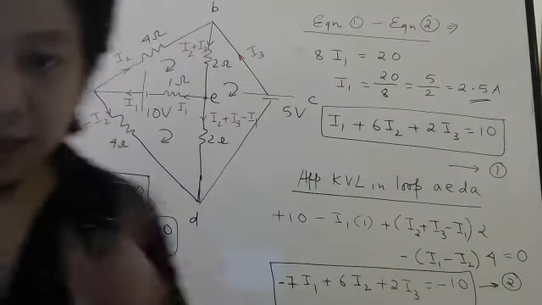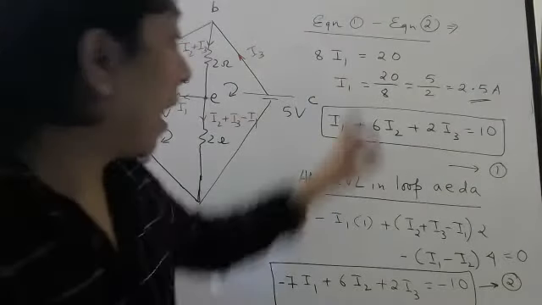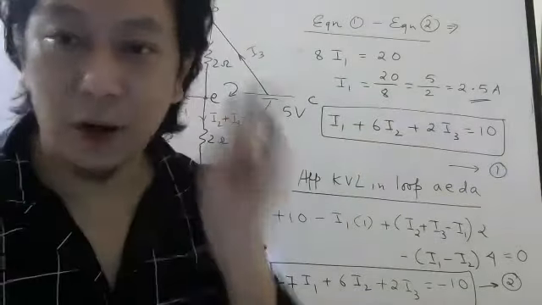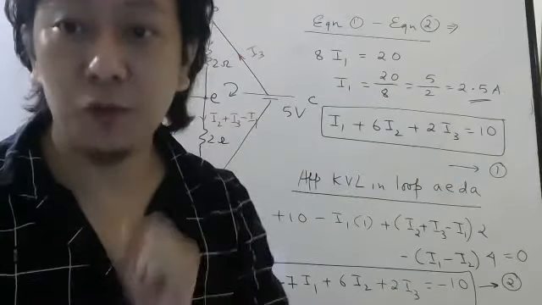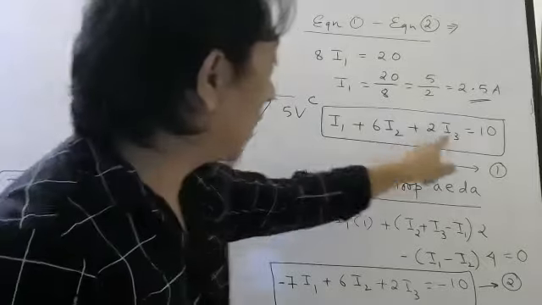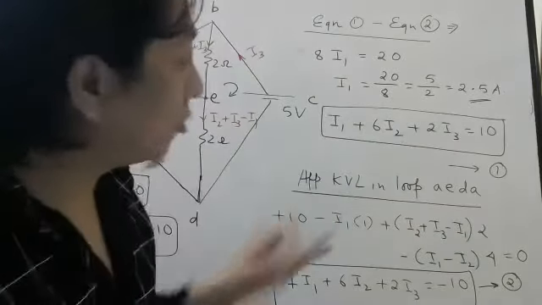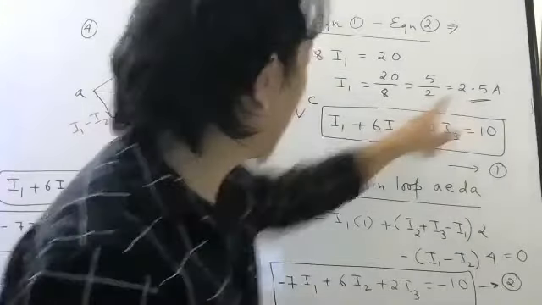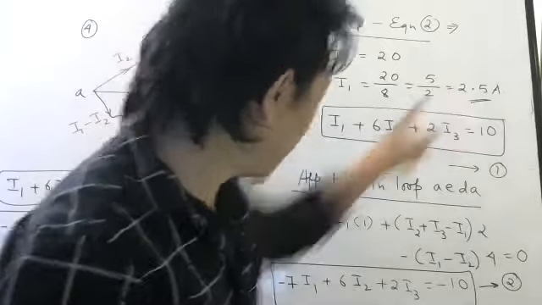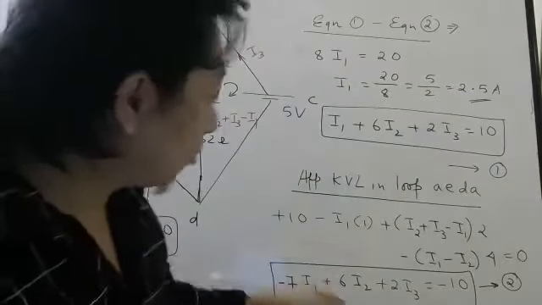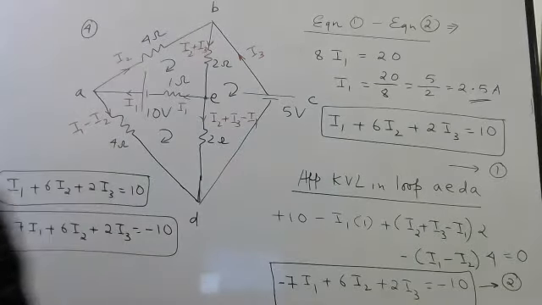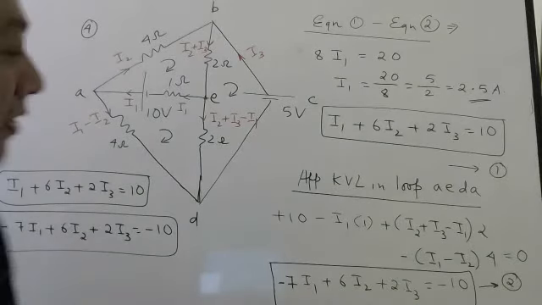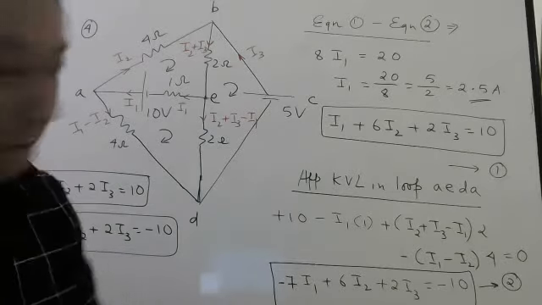Okay, now I will give you one homework, everybody. I1 I got easily without writing the third equation. But suppose they want you to calculate I2 and I3. Then also we don't need another equation, because we can substitute this I1 here. Then you will get two equations, two unknowns. So easily you can solve. So luckily here we don't need another equation.